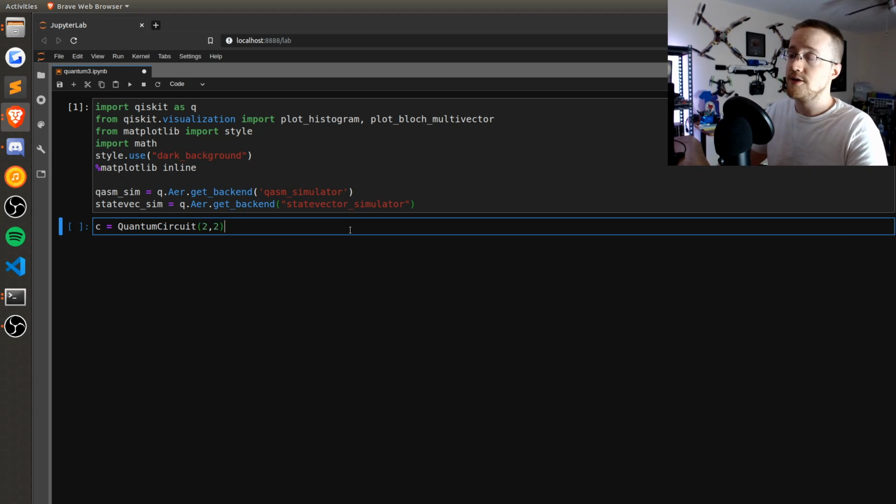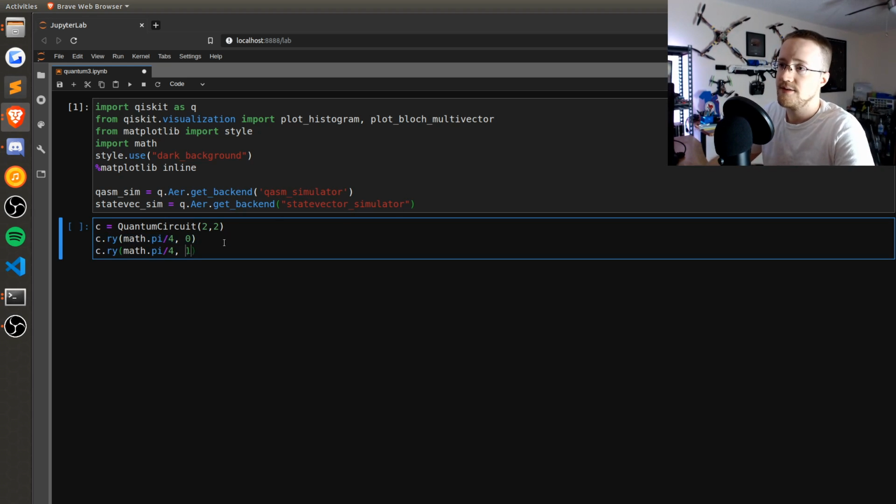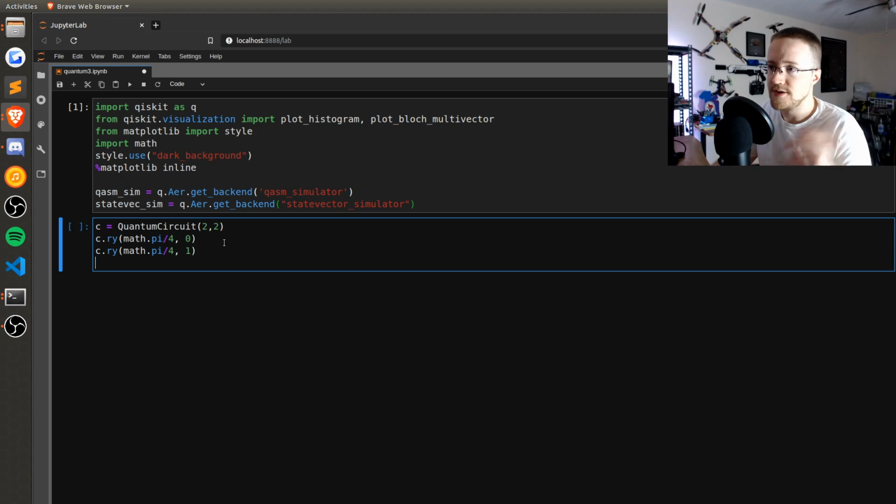So to begin, let's say we've got a circuit, and that's going to be a quantum circuit, and we'll make it a 2 and 2, so 2 qubits, 2 classical bits. And then we'll say rotation on the y, and we'll go with math.pi divided by 4 on qubit 0. And then we're just going to do the same thing to qubit at index 1, so that's our 2 qubits done. And then I'm going to call this orig state vec, and that's going to be equal to